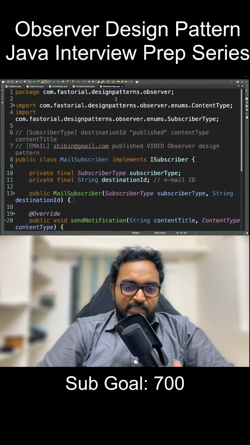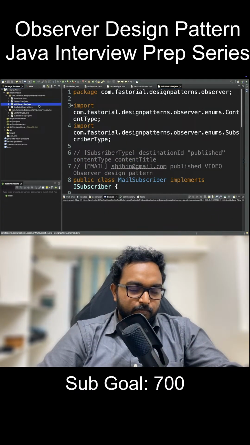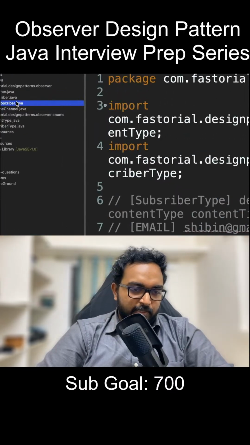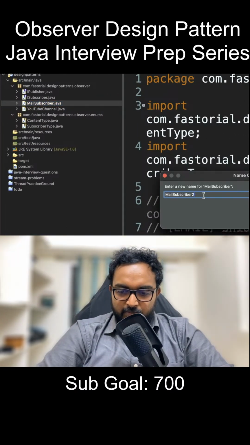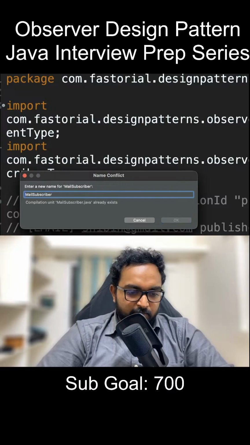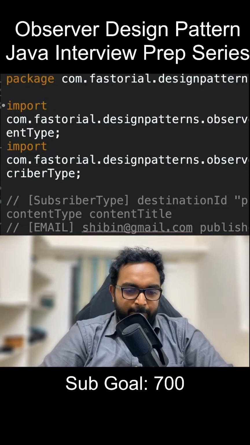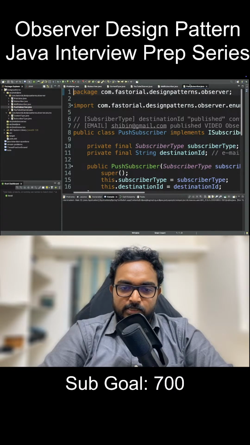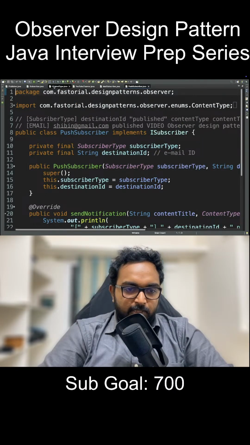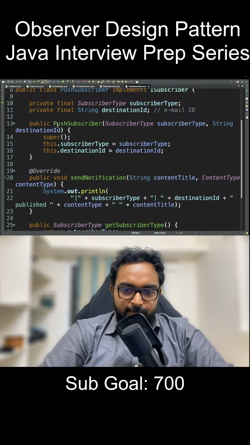Now with this same thing we can copy paste and create the push subscriber. Okay, so I'll just copy this mail subscriber, paste it here, and when you paste it, it asks what's the new class name. I'll just call it push subscriber, right? Okay, now let me go to push subscriber. So what all changes here? Let me word wrap. So here